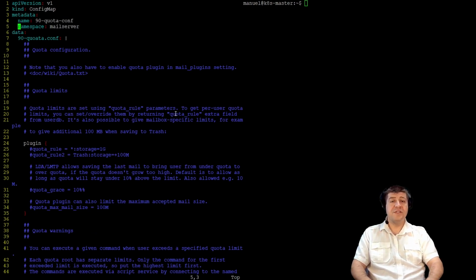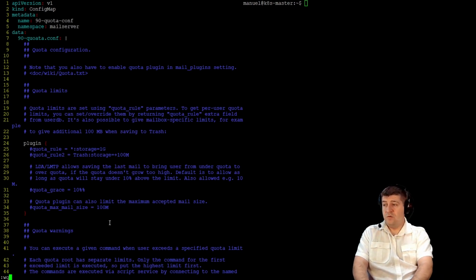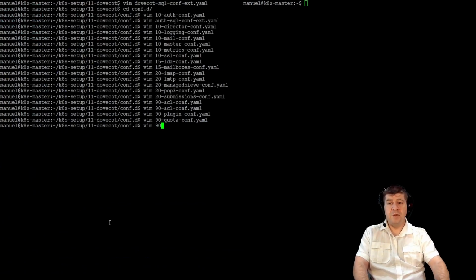If you don't want to receive emails that are larger than, for example, 25 megabytes, you can specify this option here. This file is well documented, and if you want to use these limits, please go ahead and review the documentation and the contents of this file. I am not currently using this functionality, which is why I will move on to the vim90